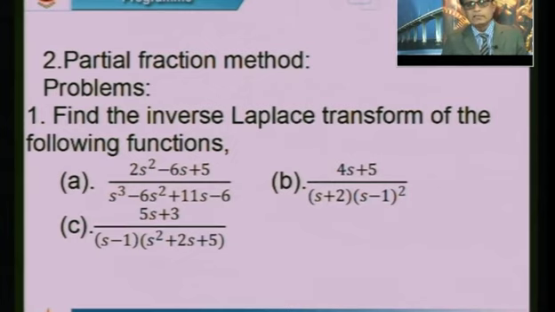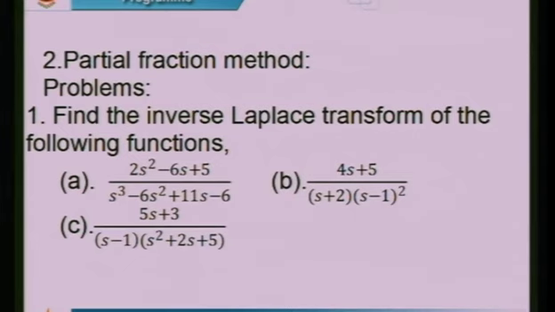Now, which method or which formula is to be used? To use the partial fractions method, I told you there are two conditions to be satisfied. First, the degree of the numerator must be less than the degree of the denominator, and the denominator must be a product of linear factors or repeated linear factors, quadratic or repeated quadratic factors. Now, if you consider the first example,